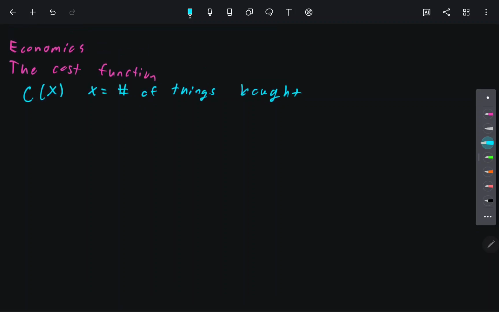So, what does the cost function tell, like, a big corporation? Well, it tells you how much a certain number of items is going to cost. Let's say I wanted to buy in bulk and say I want 3,000 tires for cars. Okay. Well, if I plug this into the cost function for tires,